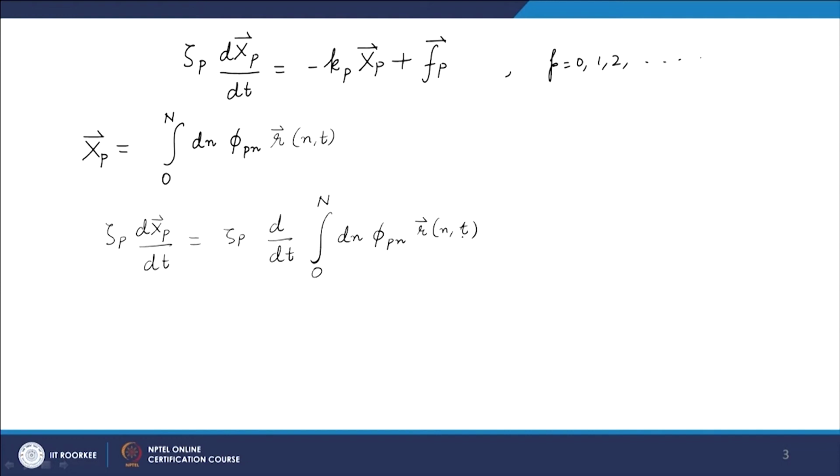Of course, I can move the time derivative inside the integral, because the integral is over n, not time, and phi is assumed to be not a function of time, it is only a function of p and n. So, we can write this as